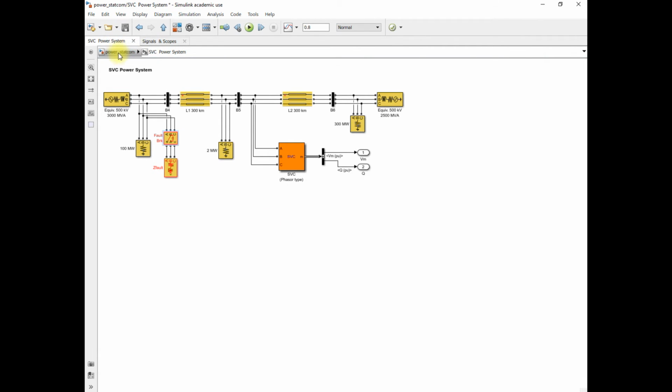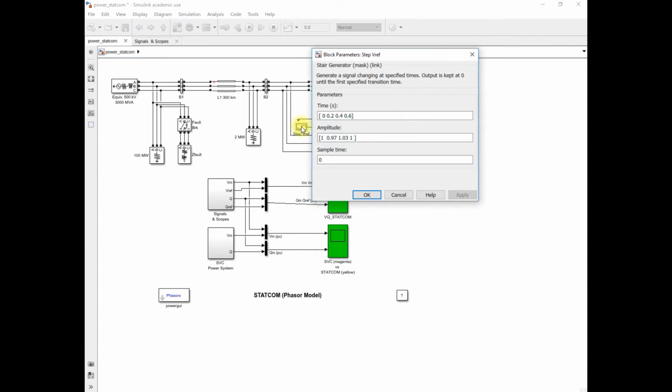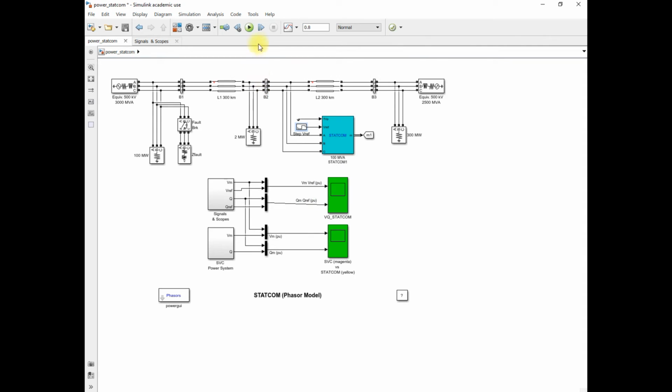But if you observe, here in the voltage regulation mode of STATCOM, we set the reference value at different times: 0.2, 0.4 and 0.6 second. So to avoid this voltage variation in this fault condition, we multiply the time parameter of this voltage reference block with 100, so that this block will not affect our simulations. So now if you run this simulation